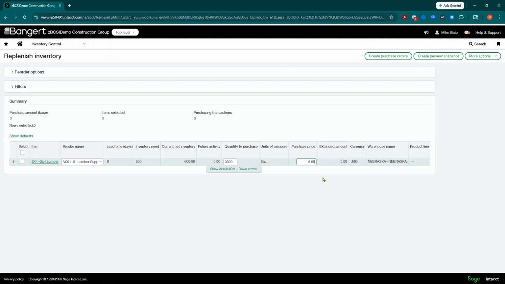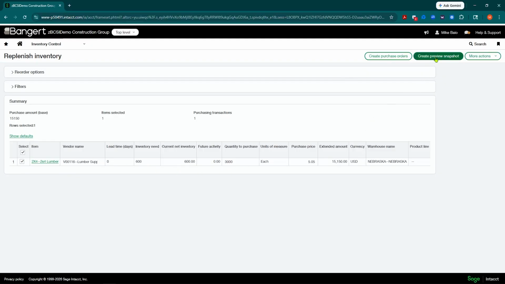I'll go ahead and put a purchase price in here. Let's say it's $5.05. And what's really nice is if you have multiple items, which you probably will in most cases, you can create purchase orders all at the same time. If you have 10 items here and there's 10 different vendors, you can select them all at the same time. And when you click create purchase orders, that's going to generate 10 different purchase orders for 10 different vendors. You don't have to key those in manually, which is really the big plus for doing it this way. But in this case, I just have one. So I'll go ahead and do that.